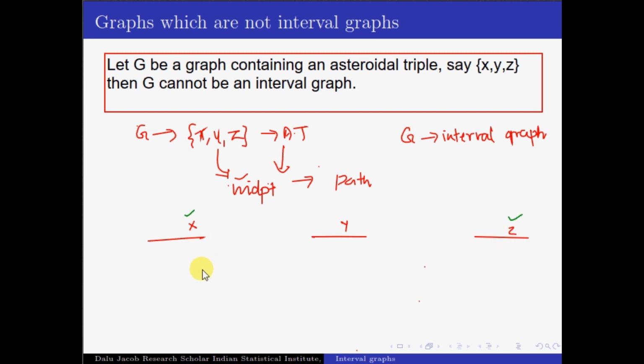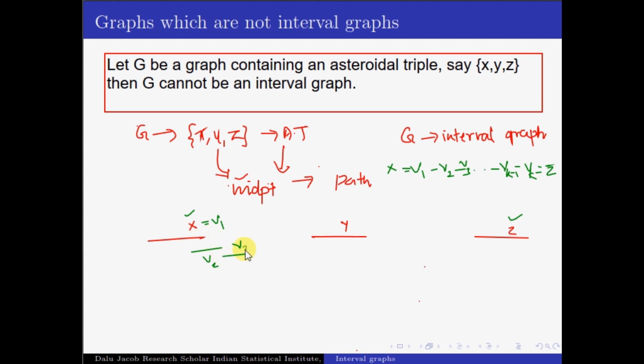Suppose x is equal to v1, v2, etc., vk minus 1, vk is equal to z. Suppose this was that path. Then we have to look at the intervals on this path v1, v2, etc., vk minus 1. How can these intervals look? This is nothing but v1 itself. Now if you look at the interval v2, it must be adjacent to v1, so it must be somewhat like this. And the interval v3 must be adjacent to v2 only, not to v1, so it must be somewhat like this, and similarly it has to go on like this.